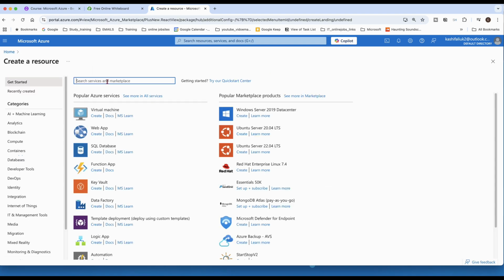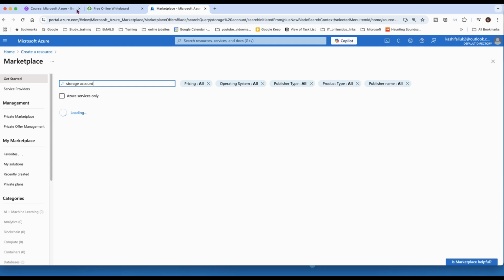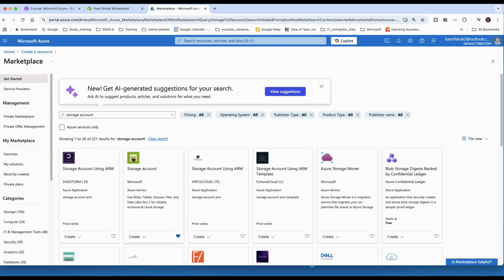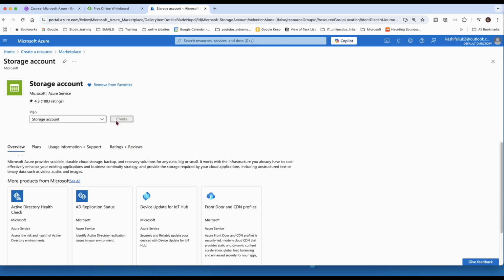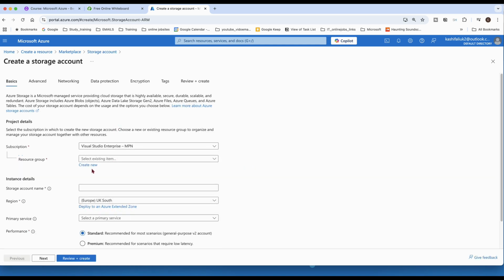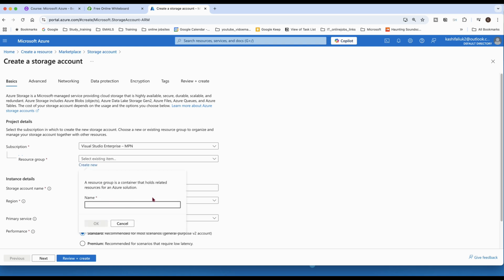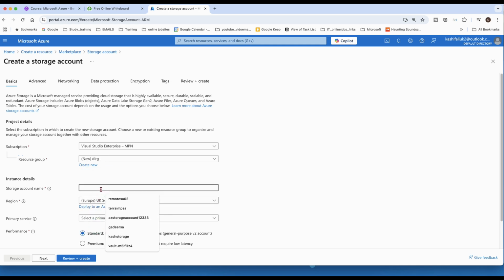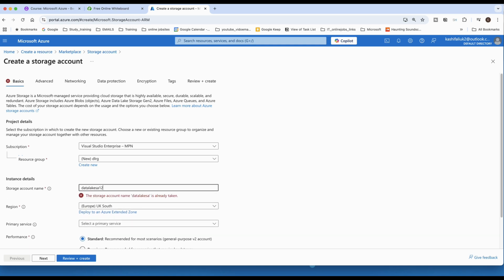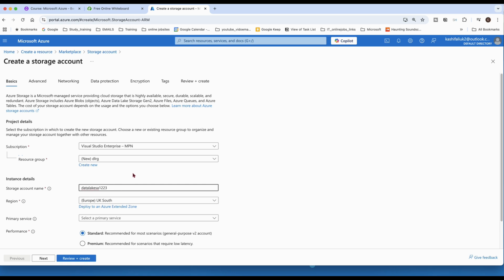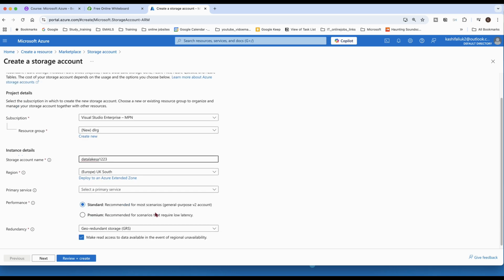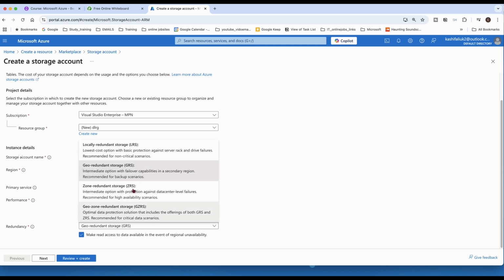So if we go to our storage account and create a storage account, and just create a new resource group, we call it DLRG, data lake storage resource group, and we call the account data lake storage account 1, 2, 1, 2, 3, whatever unique name, and it's in UK South. Leave it like this. Redundancy, we keep it locally redundant,